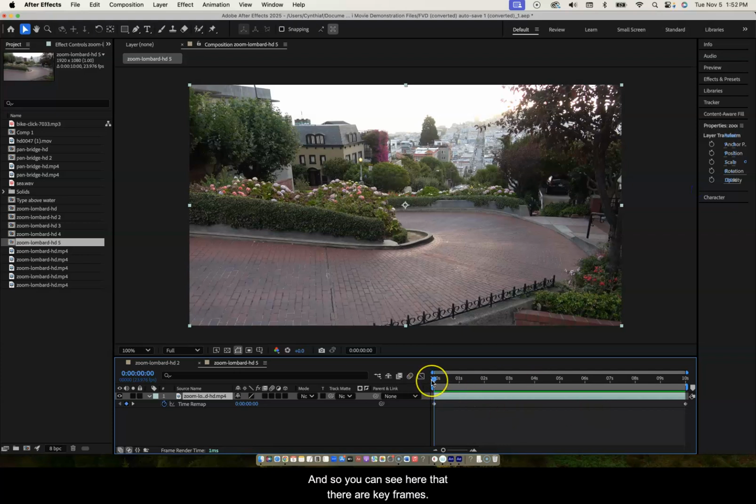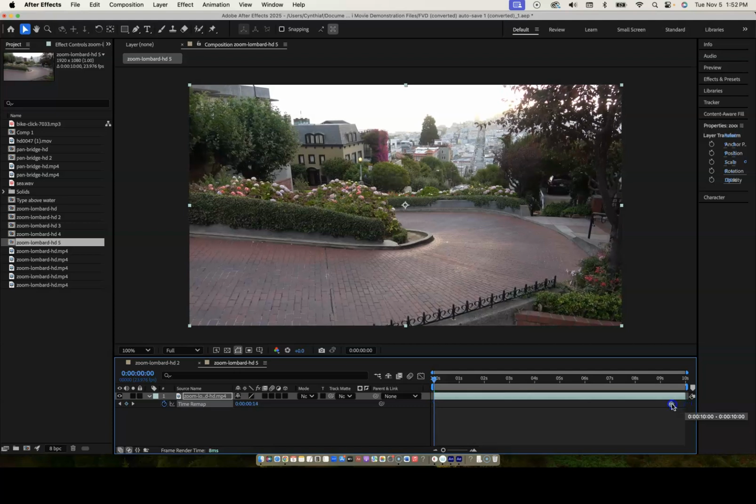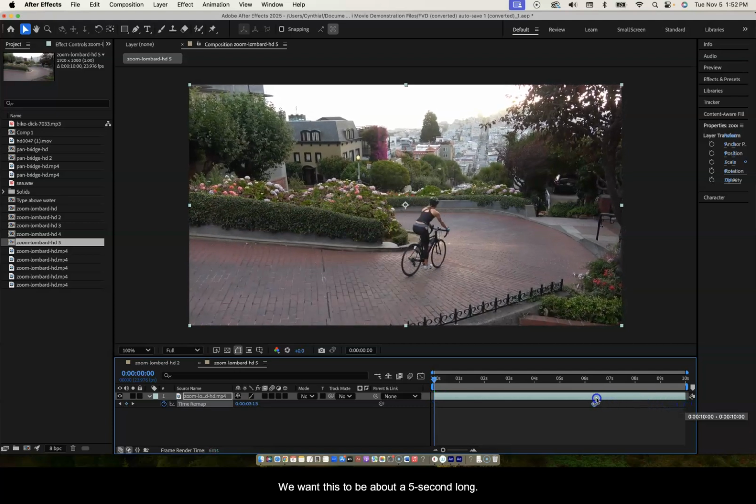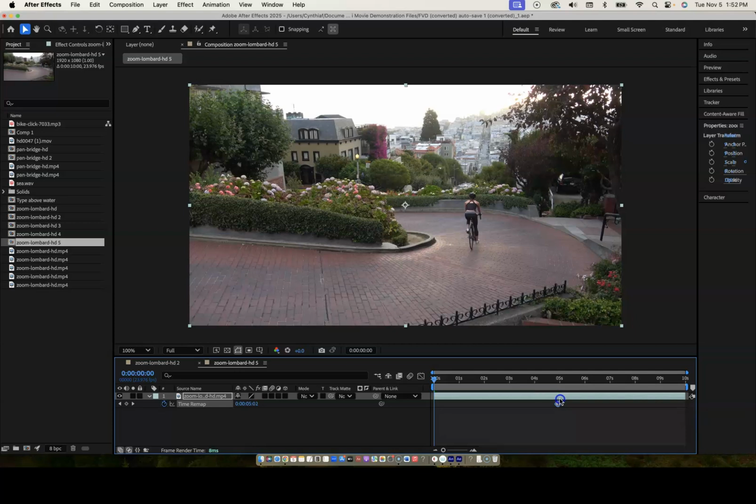And so you can see here that there are keyframes for time remap. So you can see a time remap layer has been added. And then we've got keyframes. And so these keyframes are what speed up and slow down the entire video. So I'm just going to move this keyframe in. We want this to be about a 5-second long video anyway, because in those little vignettes that I shared with you, they were all about 5 seconds long. So just by doing that,